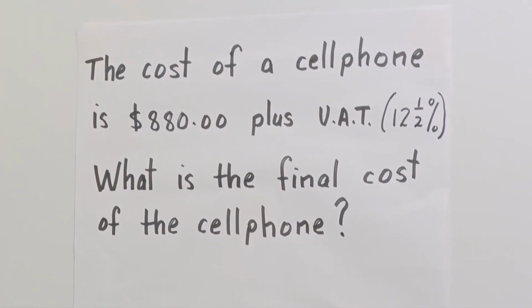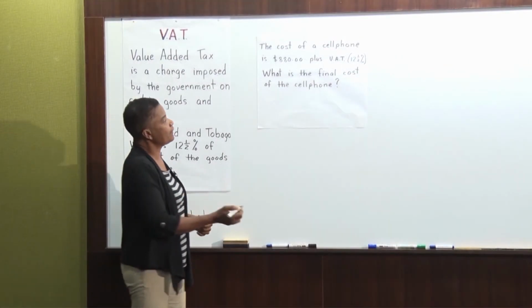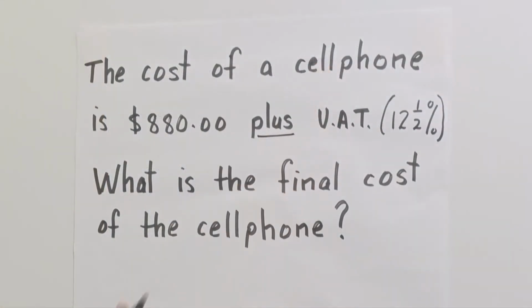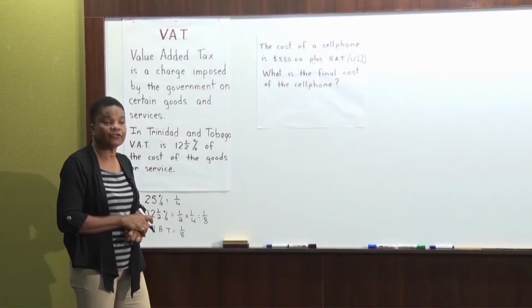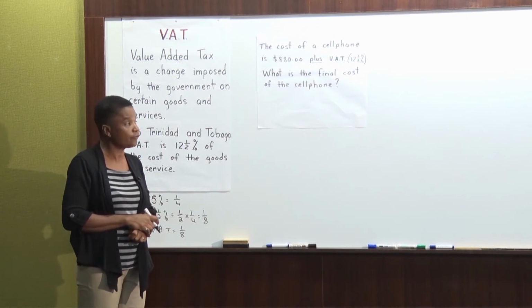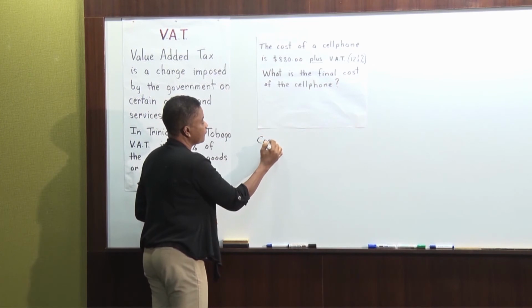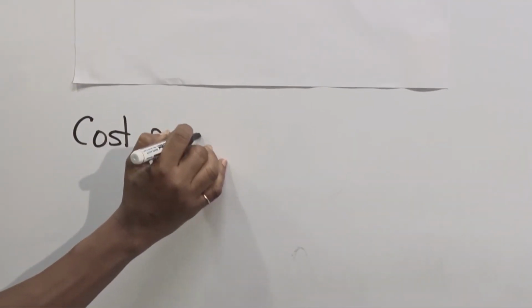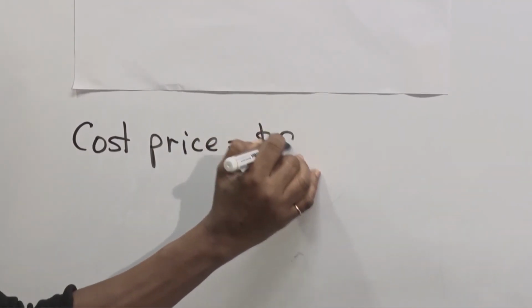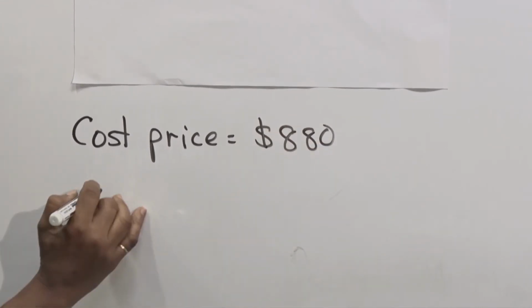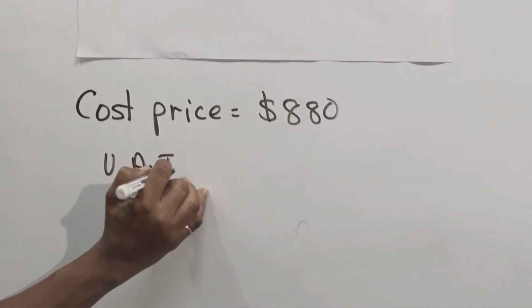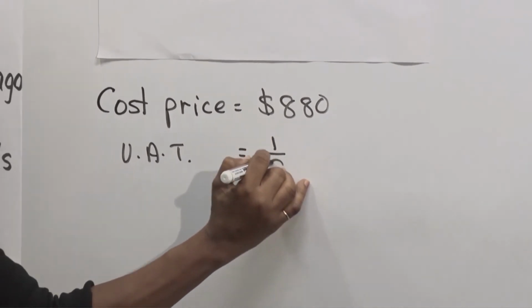How are we going to do this question? The sum says plus VAT. Therefore, the first thing we should find is the VAT, not so? So let's find the VAT. The cost price is $880. The value added tax would be 1/8 of